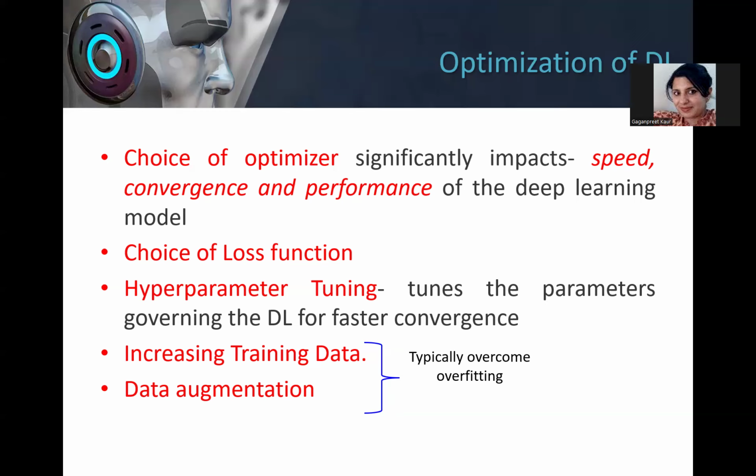Normally, as of now, we have understood gradient descent is broadly a term for optimization. But yes, we have different types of optimizers. It is stochastic gradient descent, mini batch gradient descent, or batch gradient descent, or it is RMSprop, or it is the Adam optimizer. These are the choices we can have, which decide the way the weights are getting updated. And definitely the choice of optimizer is going to affect the speed, convergence, and the performance of my model. Okay, so next we come to the choice of loss function.